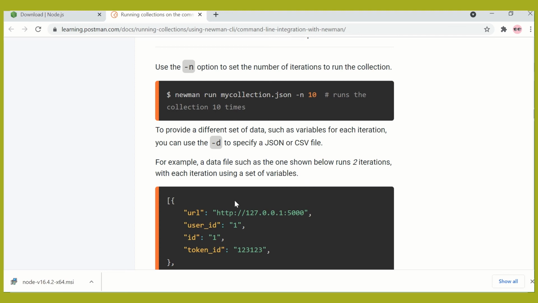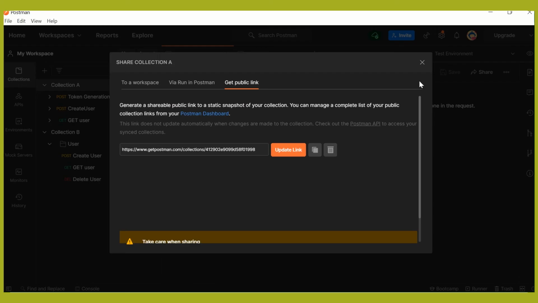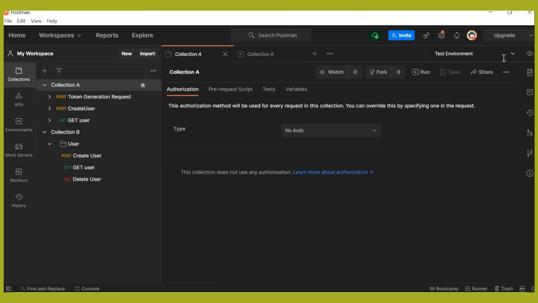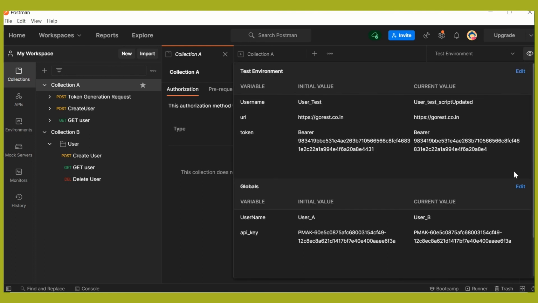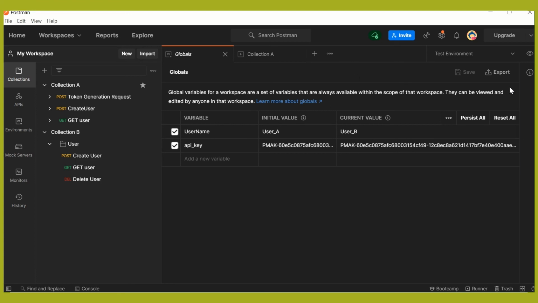One more thing to note is that in a Postman collection we have something called variables, which we have already discussed. If your collection has some variables defined and you want to provide them, you can click on the environment quick look button, click on Edit, and export the global variables or environment variable file.